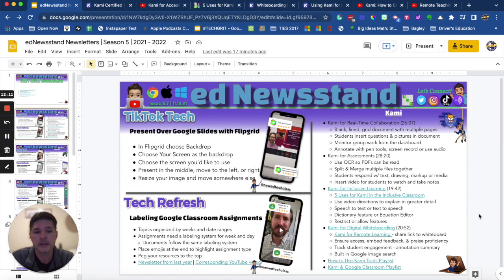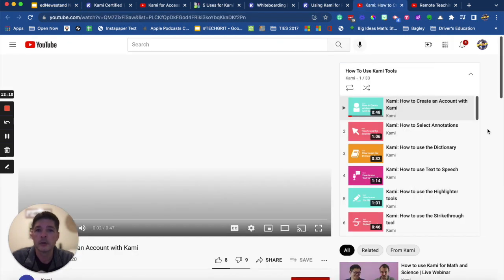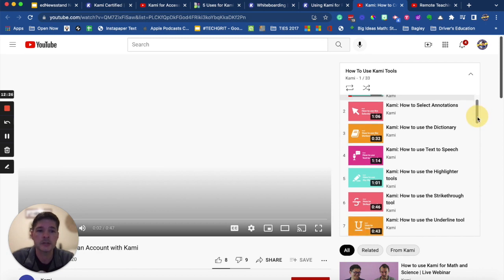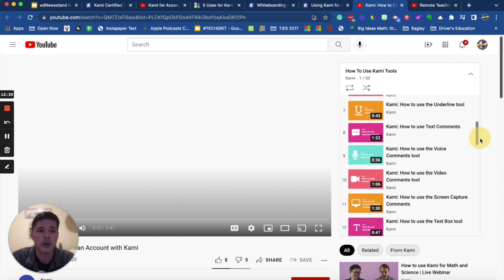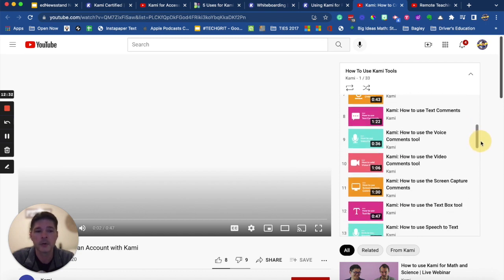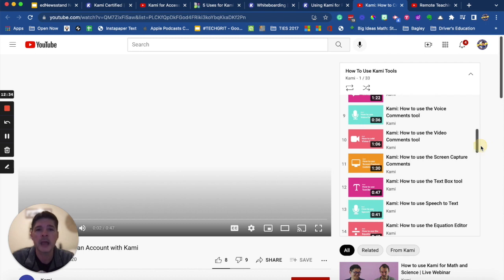The last 2 links at the bottom of the newsletter are how to use Kami tools, and it's a playlist. If you click on the link, it will take you to YouTube and it will show you the playlist of Kami tools. It will show you how to create an account, select annotations using the dictionary, text-to-speech, the highlighter, the strike-through, underline, text comments, the voice comments tool, video comments, and many more. They are short videos, most of them under 2 minutes, 3 minutes max, just showing you how to use the